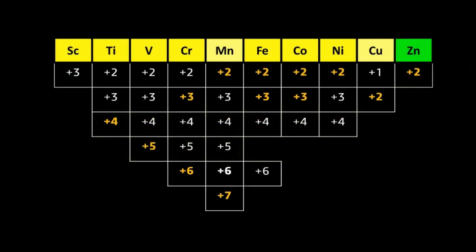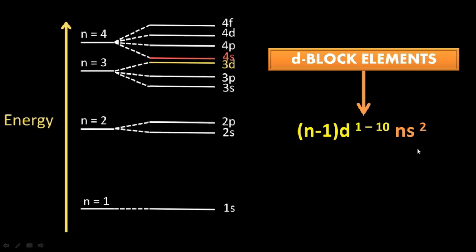So the next question that automatically arises is why do these transition metals show such a wide range of oxidation states? Well, the answer to that question is that in the D block elements, we have these inner D electrons that can actually take part in bonding. Also, these inner D orbitals and the outer S orbitals are actually very closely spaced to each other in energy. So if you look at the 4s and the 3d orbitals, you can see that they are very close to